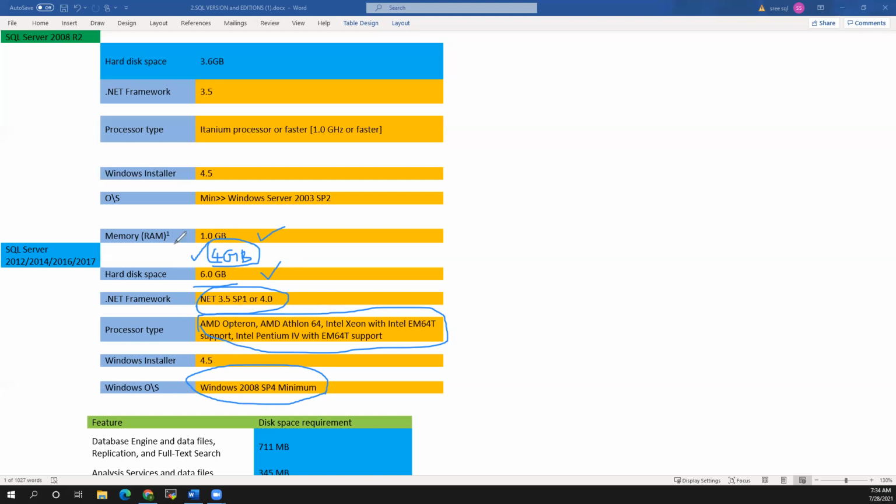AMD processor, Windows Installer. This will come along with the Windows OS when you're installing. The processor types: AMD Athlon, Intel Xeon, Intel. But generally, if you are going for a database server, people won't use these minimum requirements.